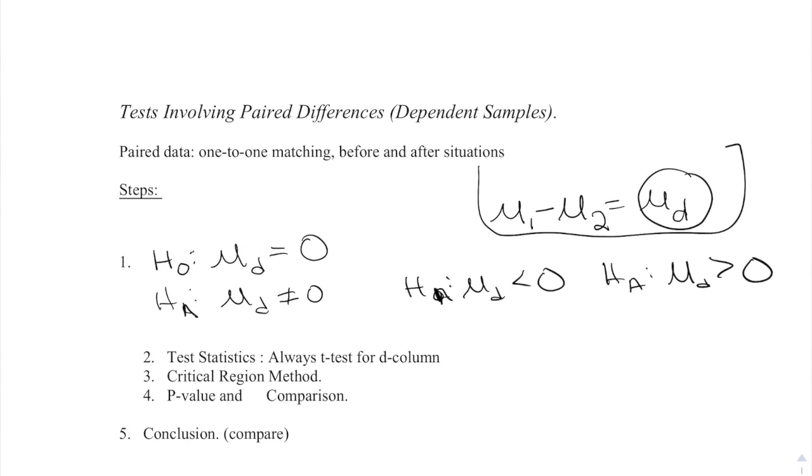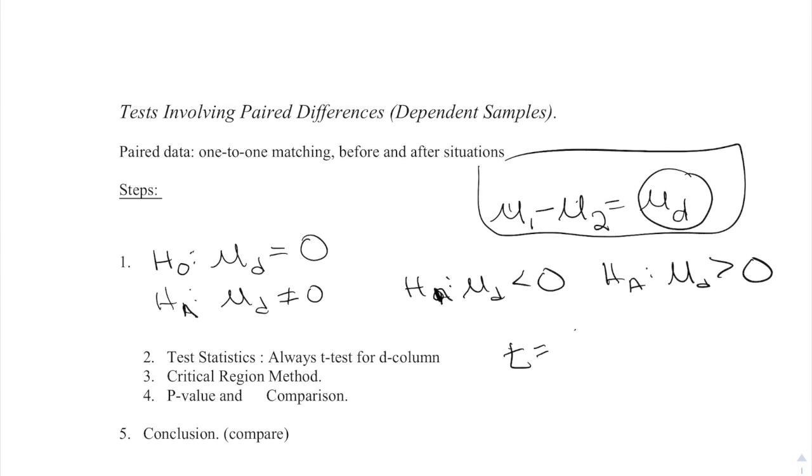So remember back when we did confidence intervals, if this one is larger, it's less than 0. If this one is larger, it's greater than 0. Usually what I'll show you in the example here is what I have you do to determine if it's right-tailed or left-tailed. Okay? Now the test statistic is a t-test statistic, and they're going to give you the formula for that,